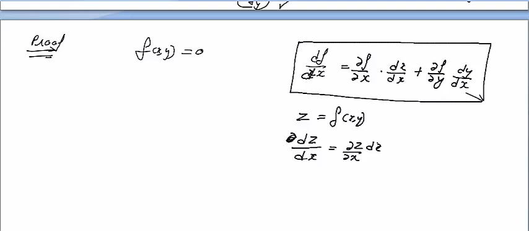dx. See, maybe you have some confusion, like why you are writing dx by dx. So if z is depending upon x and y, and x and y are further depending upon t. Let me explain. X is also depending upon t and y is also depending upon t. If you find the derivative of z with respect to t, listen very carefully, then what will you write? Derivative of z with respect to x and derivative of x with respect to t, plus derivative of z with respect to y and derivative of y with respect to t.